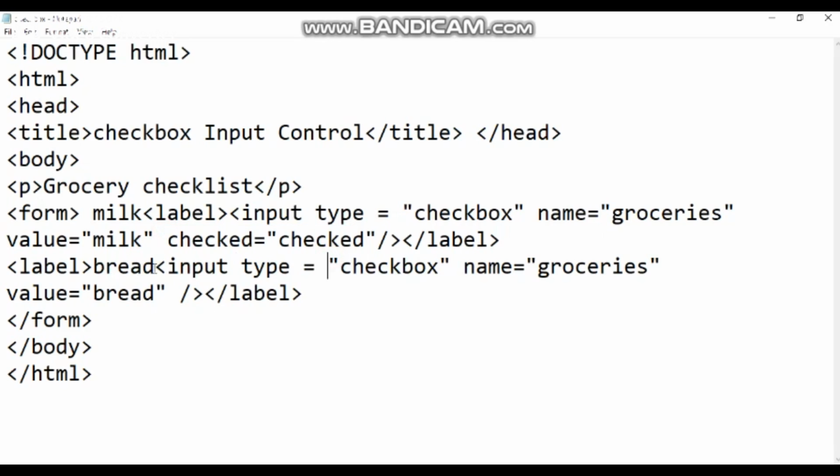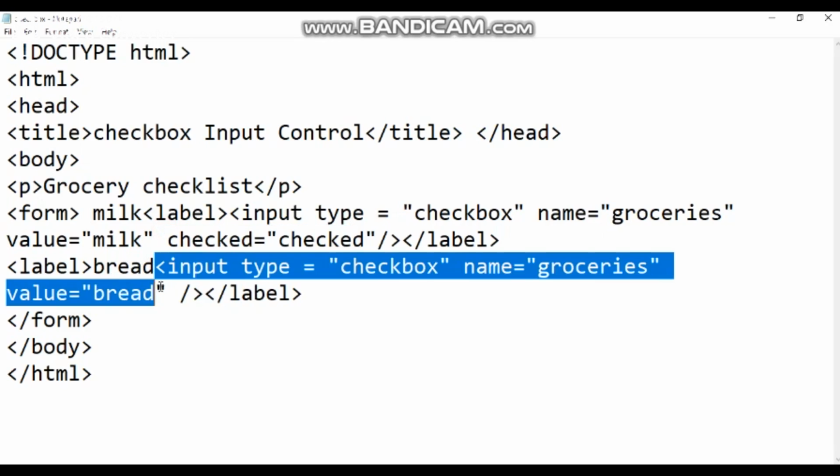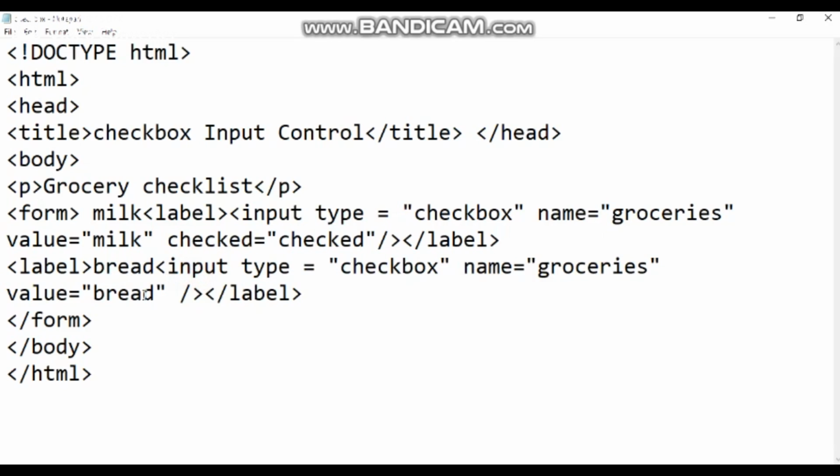Or else, in the other case, in the second grocery, we have not specified the check. It means that it is unticked. Okay, and this is the way we have used a label tag, label closing and opening tag to represent the label associated with this kind of control. We can also present this over here in this space so that we can have the input control and then we can have the label. So let's see the result of this